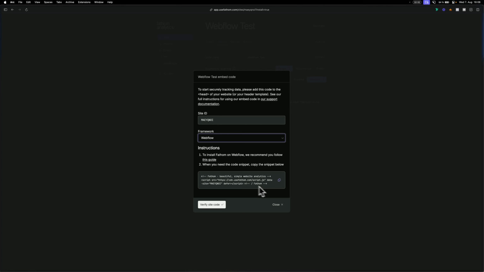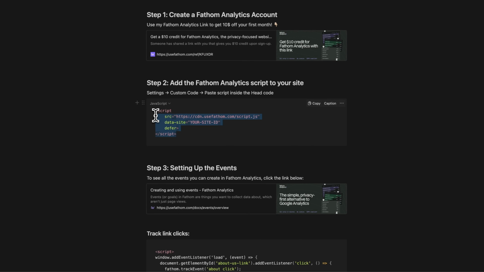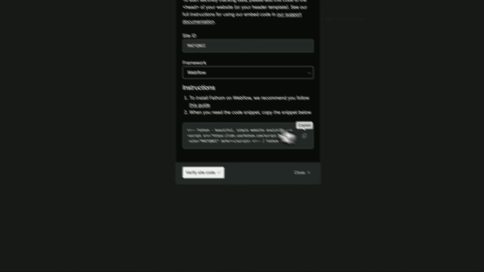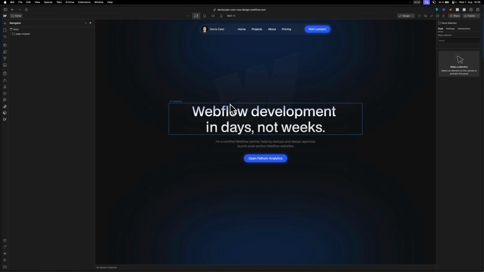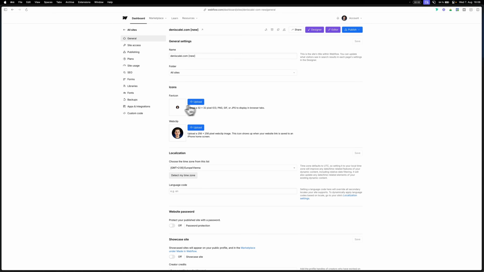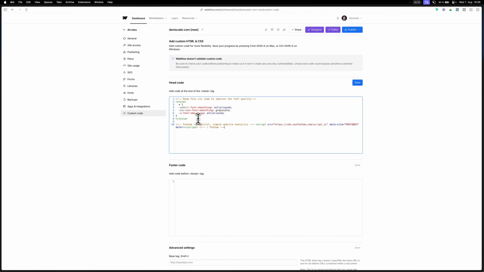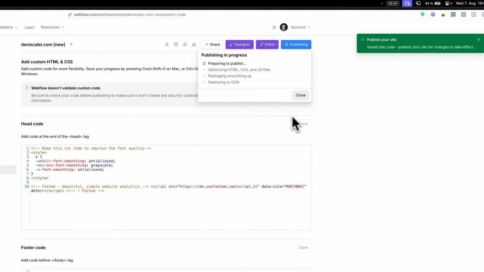If you don't see any code snippet, don't worry, you can check my Notion guide and you will also find the code snippet here. Just make sure that you entered your site ID right here. Then you can just copy, and then we're going to go back to Webflow. And I've created a new project for this video, so I'm going to go to site settings and then to custom code, and I'm going to paste the code snippet in the head code. I'm going to click save and then publish,